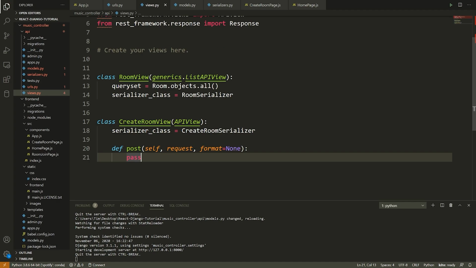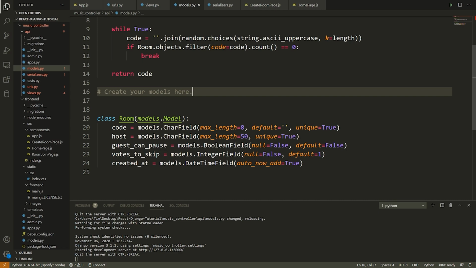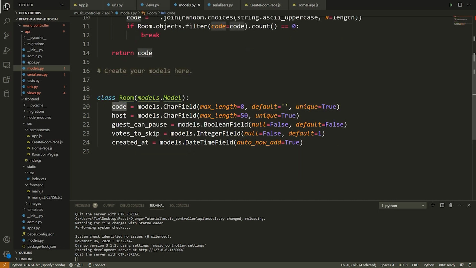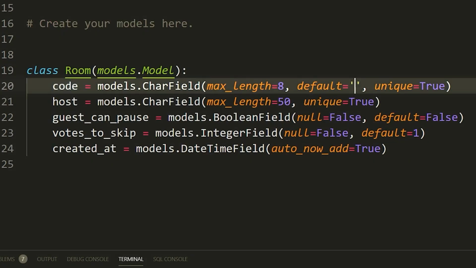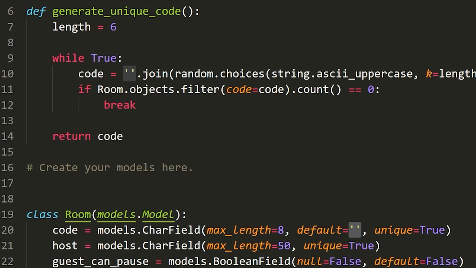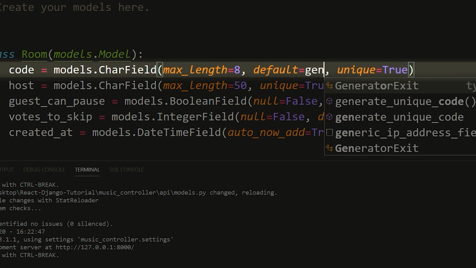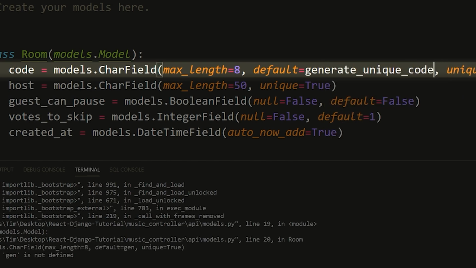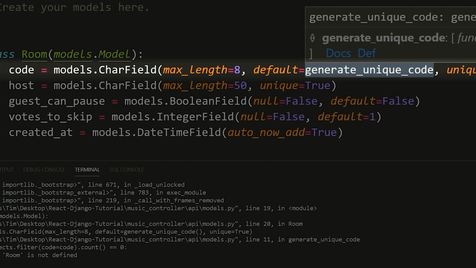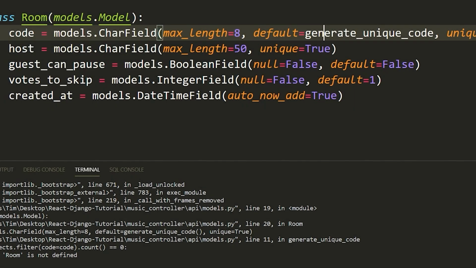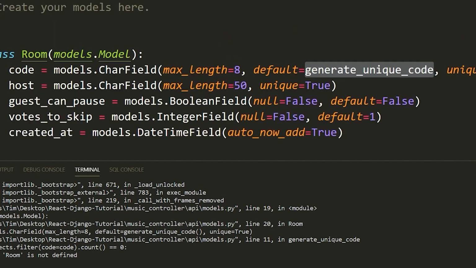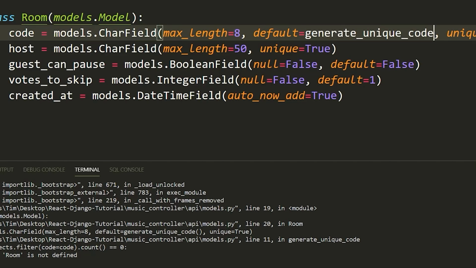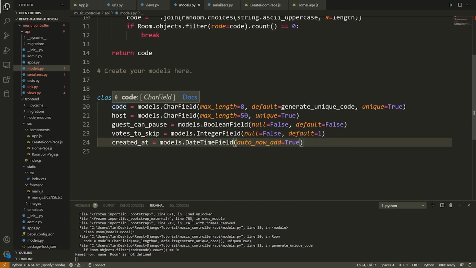So before we dive into this, I actually just want to go back to models.py here and review what we need for a room model. So first of all, there's a little mistake here that I just noticed. Notice how this default says blank. The default for code should not say blank. It should be equal to generate_unique_code, the function that we defined and that I guess I never used. So instead of having the default be that blank string, make it generate_unique_code without the brackets. That's important. What that means is whenever we create a new room, we will by default call this function, which will give us a unique code. So that's what we do there. Very important that you don't add the brackets there and that you just leave it like that. All right, so now that we have that, let's just quickly discuss the fields and kind of attributes of room.